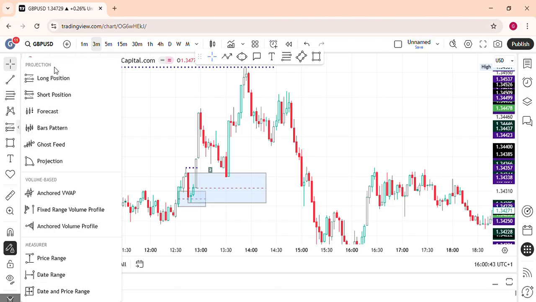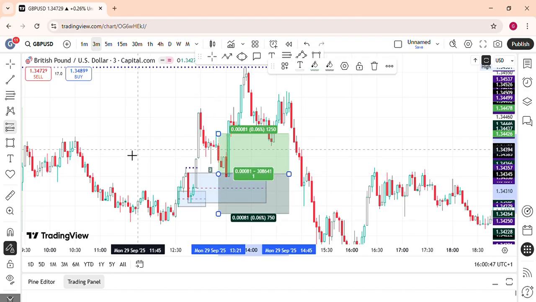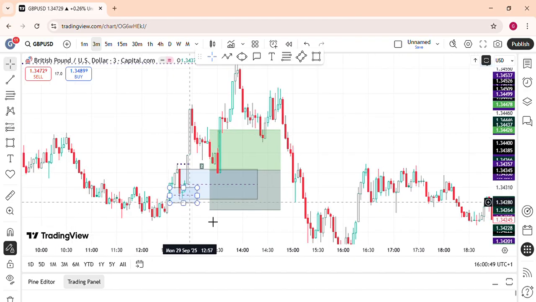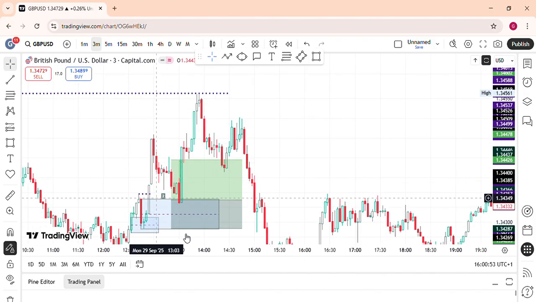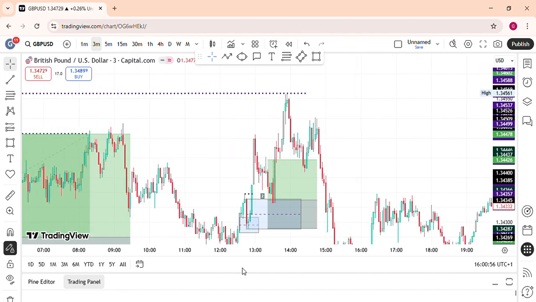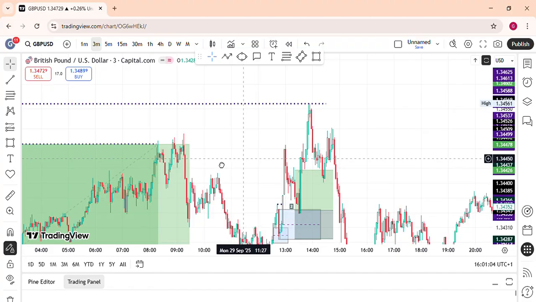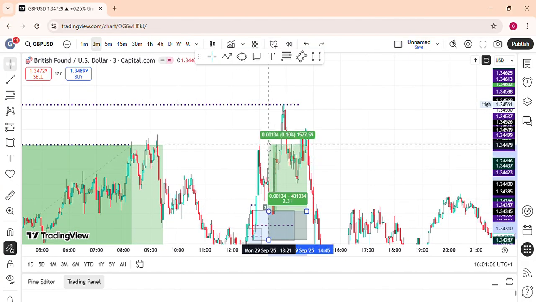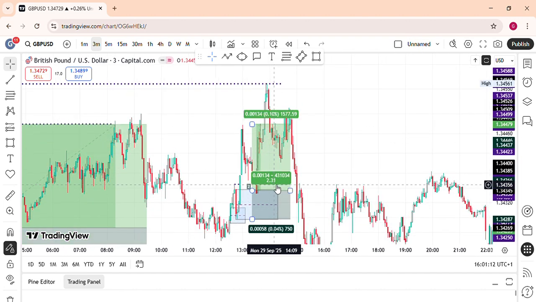Now we have a long position here at this fair value gap. Our stop loss would be right below that low that created for us that fair value gap. The next thing we should look out for is take profit. Where should we stop taking our profits? Our take profit should be at any previous high, as the case may be. So this might be your take profit here, and this would give you a 2.31 risk to reward ratio, or this one here,